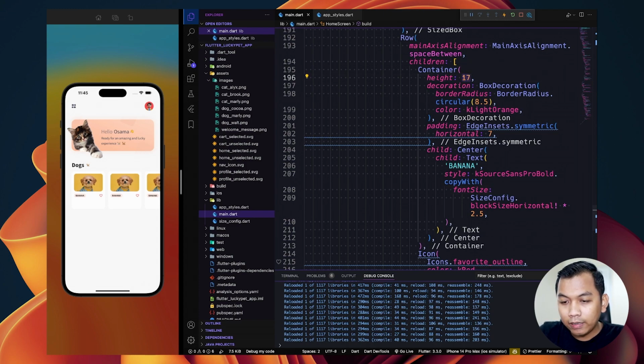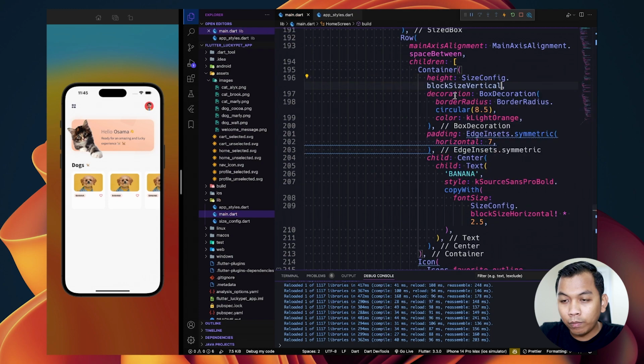Maybe let's try using size config, but block vertical times 2, maybe just 3%. Alright, so not okay, I think 2.5. Okay, 2, just 2%.